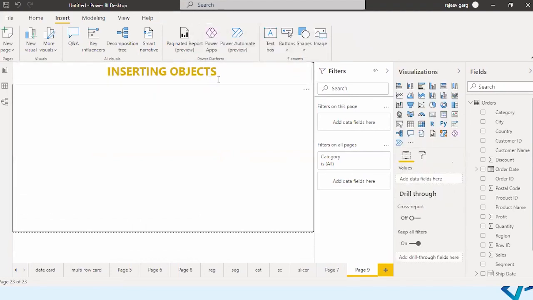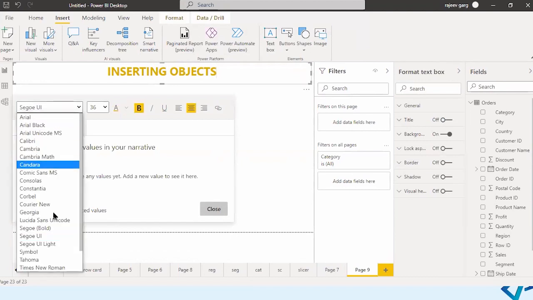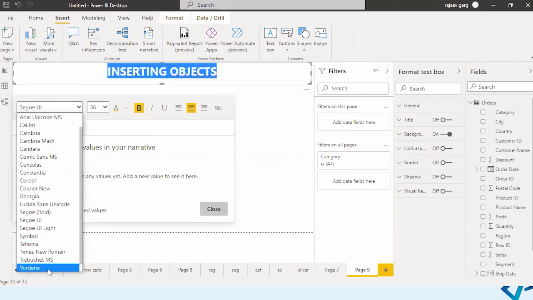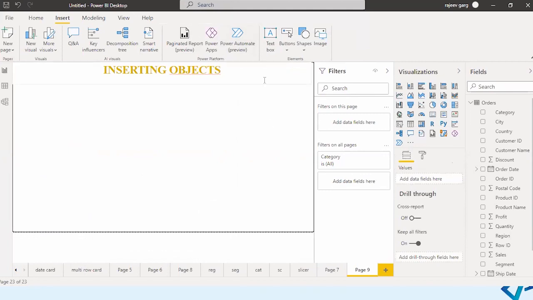Here it is. And if you want to change the font and all, you can change the font as well. Inserting objects, right.